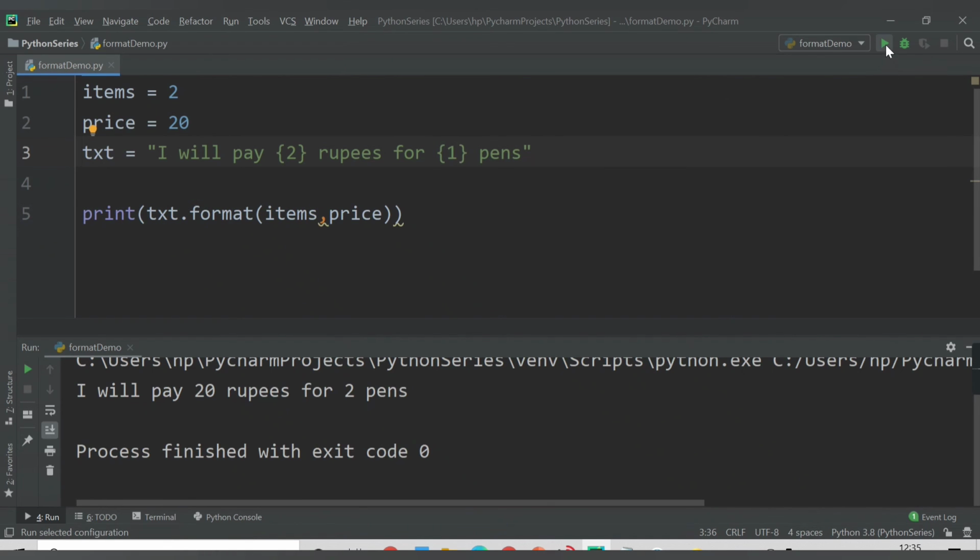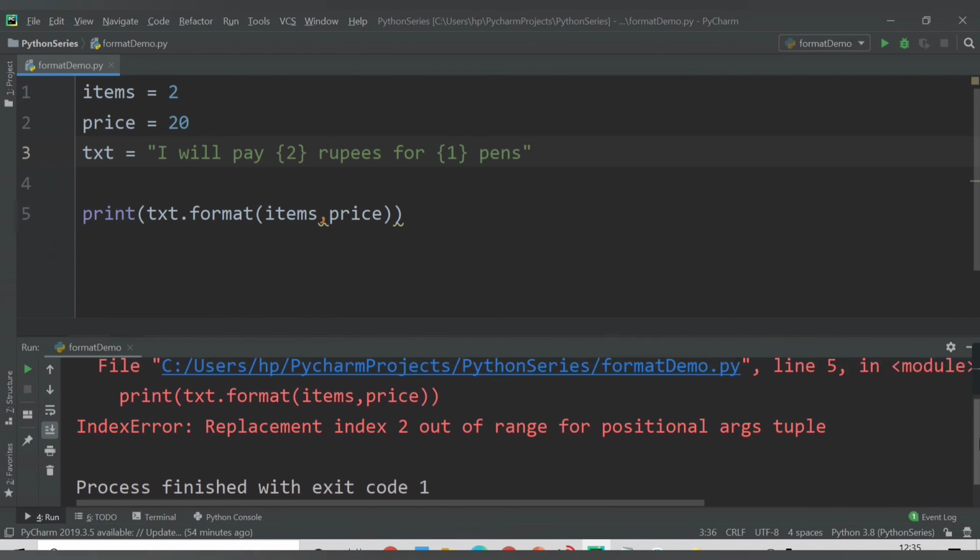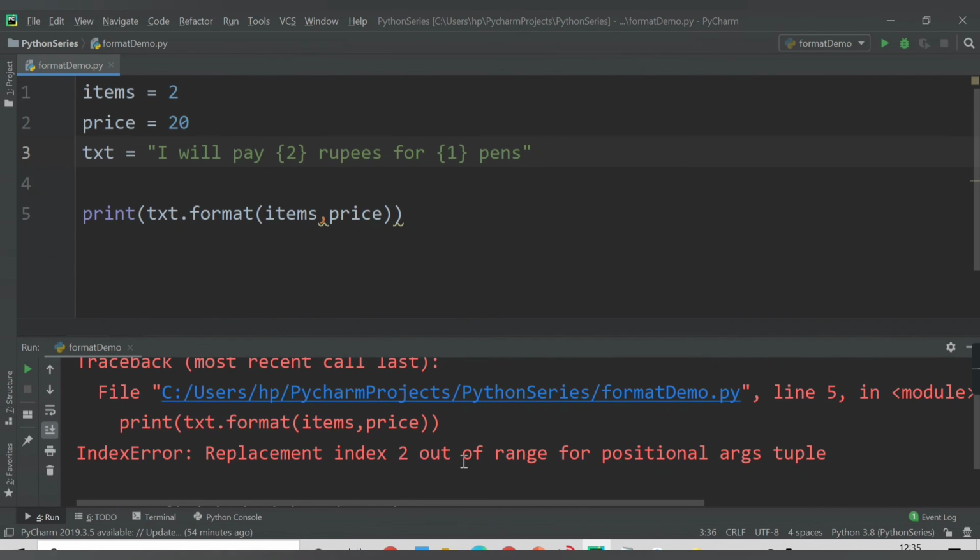Let me save this. See, I am getting an error. The error says replacement index 2 out of range for positional args tuple. What we have done wrong is that indexing starts from 0, so items is at the 0th position, so I need to give 0 here, and price is at the first position, so I need to give 1 here.